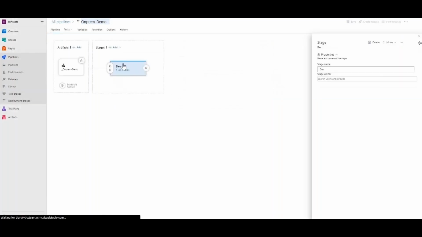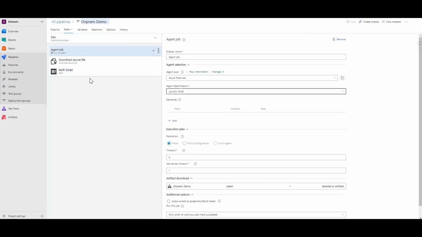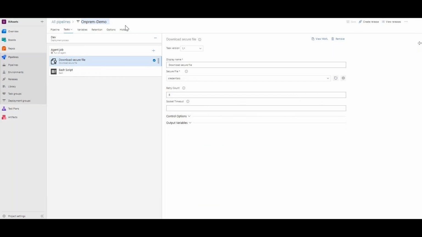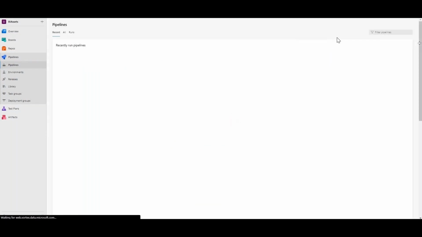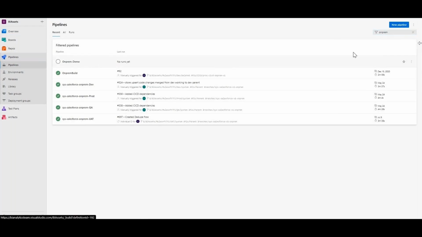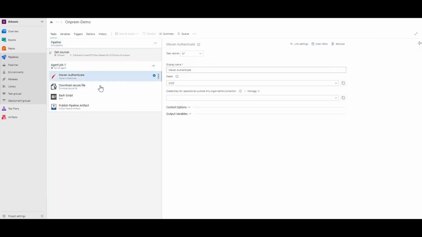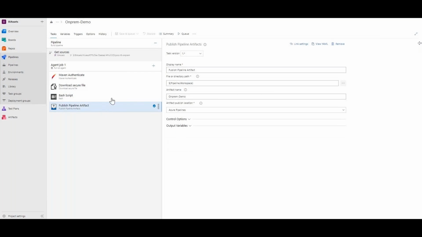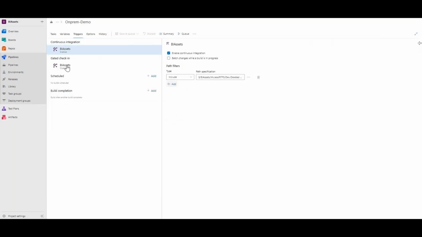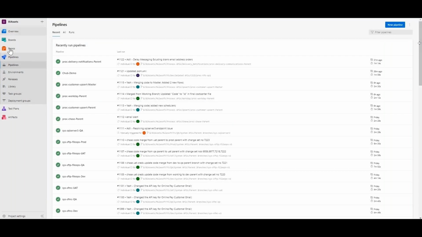Save it. Pipeline. Let's verify everything is correct. What we will do, save it. Let's go back to the pipeline for the CA part. On-prem, no runs yet. Okay. Triggers, done. Yeah. So let's